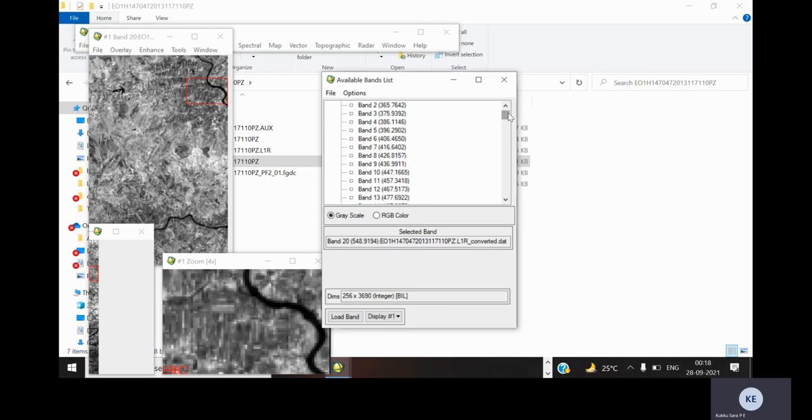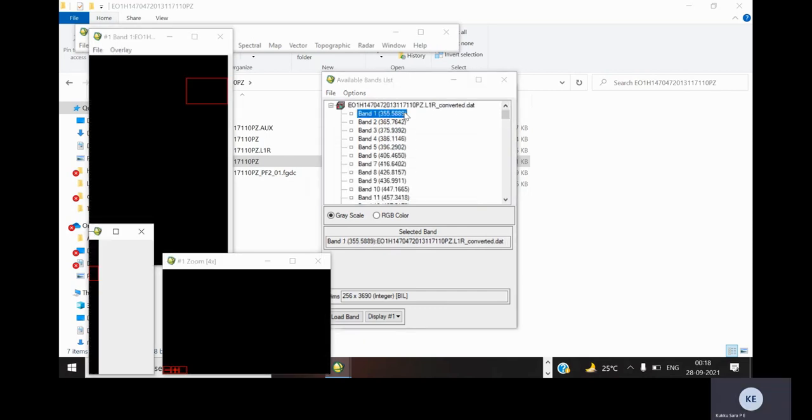This is due to the non-illumination and sensor overlap problem, and some bands will be extra, having too much brightness, and will be noisy due to the presence of the water vapor region. So those bands also we have to remove. So we will do the first step, that is the removal of bad bands. So we'll open and see.